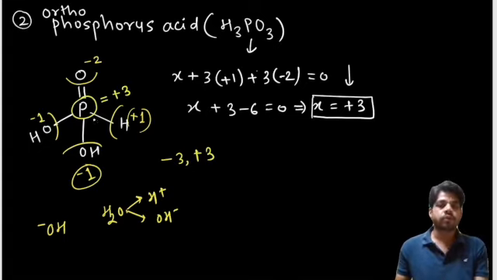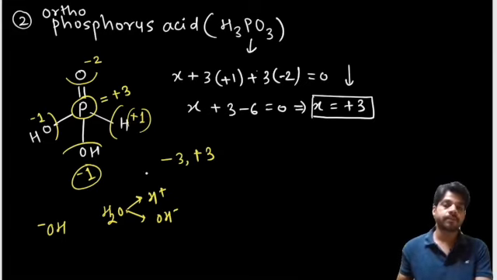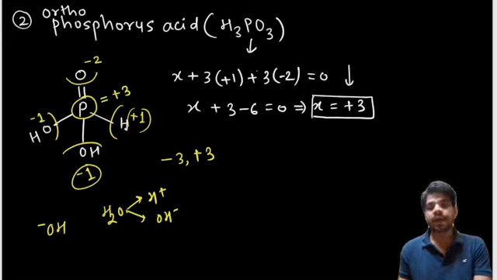Once you are in the practice of this shortcut way, you need not calculate all the things. Just see the molecule structure and you will get the answer, I mean, the oxidation state of phosphorus in oxoacid. I hope you got my point. The only key point was, if we have a direct P-H bond, then you give hydrogen a +1 charge.